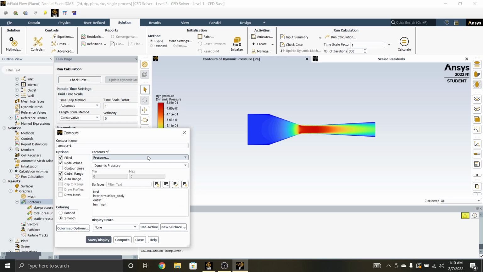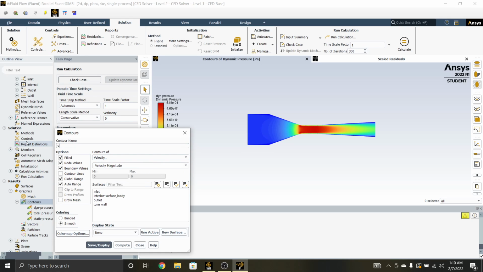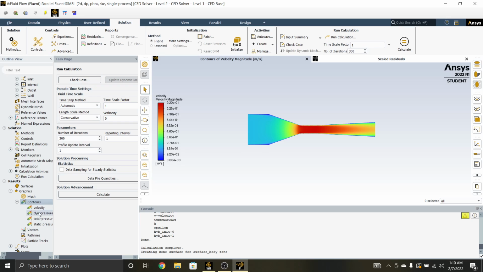And the last one is velocity. There we go. So now that we have our 4 contours, the next thing to do is part 2, which